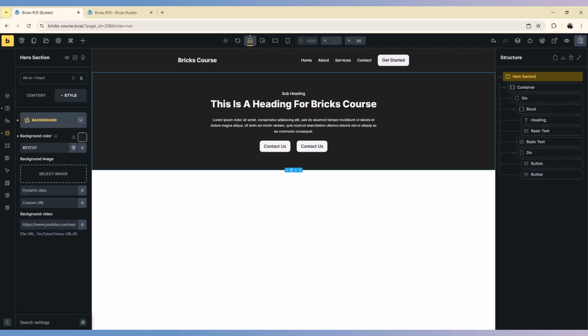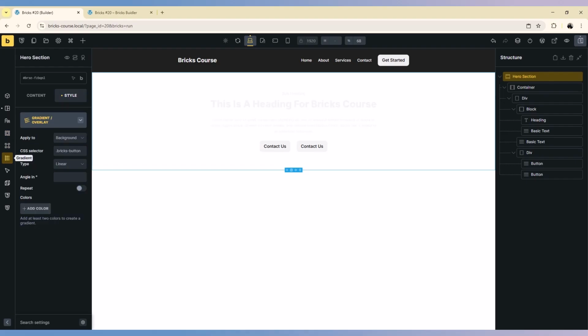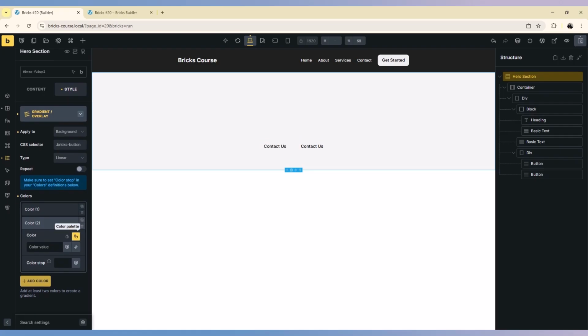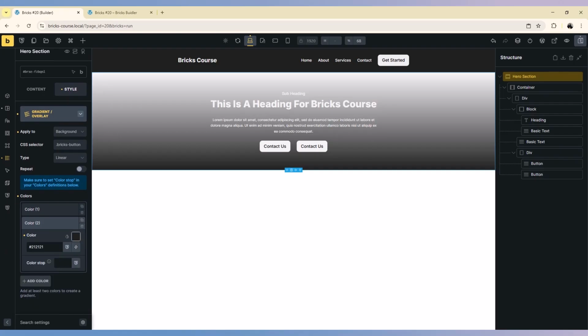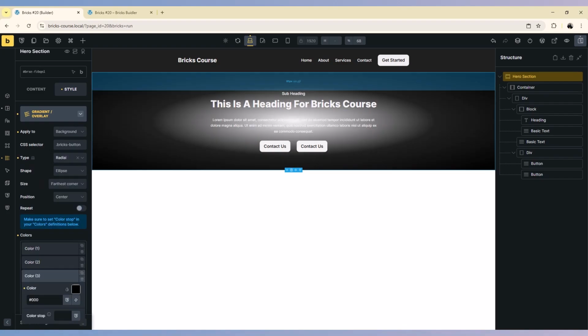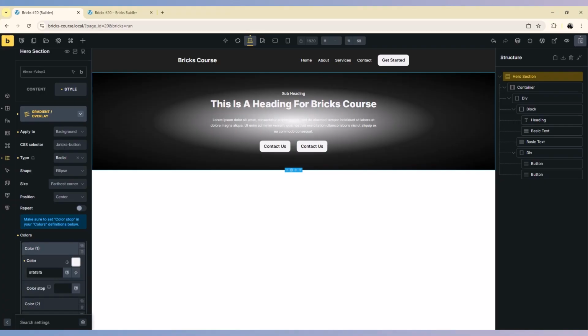So we're going to use a gradient, it's the same, just meshed colors here. We're going to use the white and we add another color, this gray, and I'm going to add another color, I will choose black. Okay, and we're going to make it radial. See here, but let's choose this gray and maybe this gray. Yep. Okay,